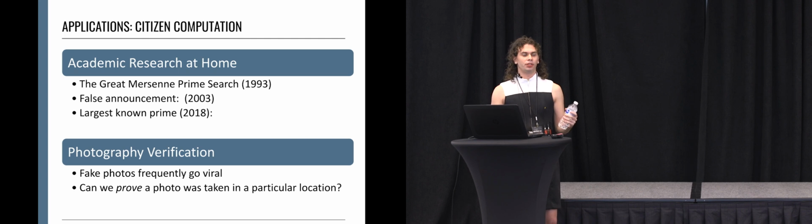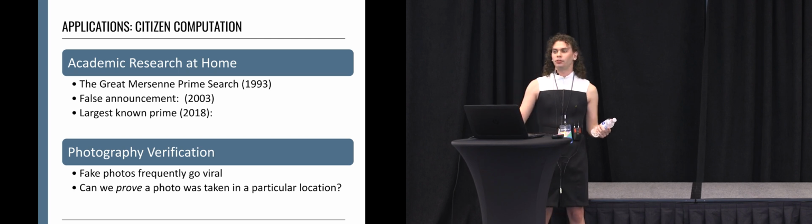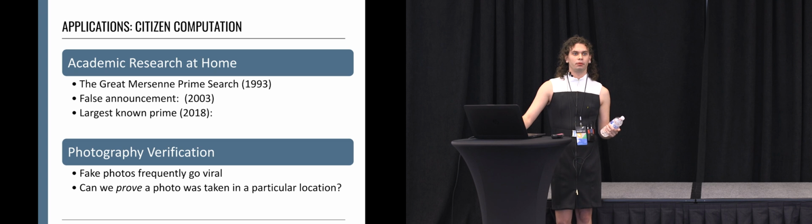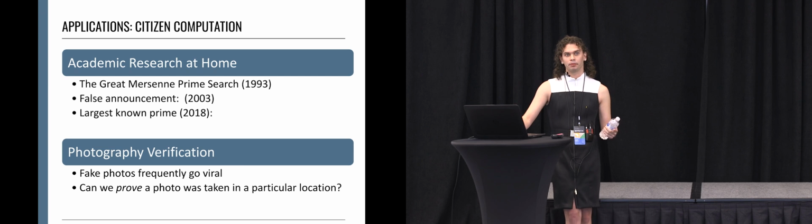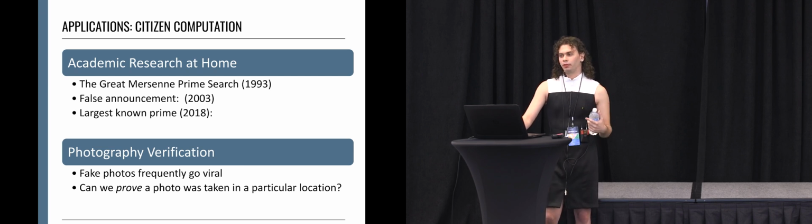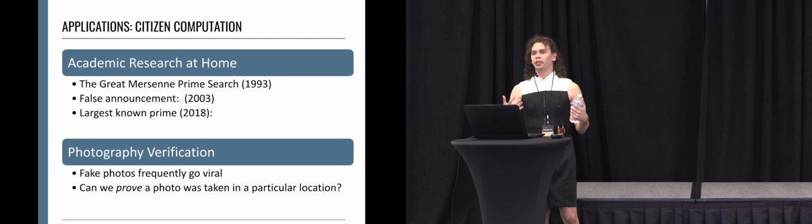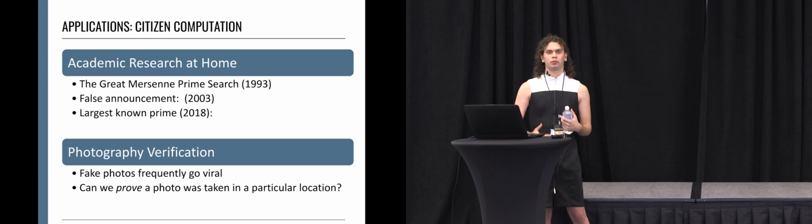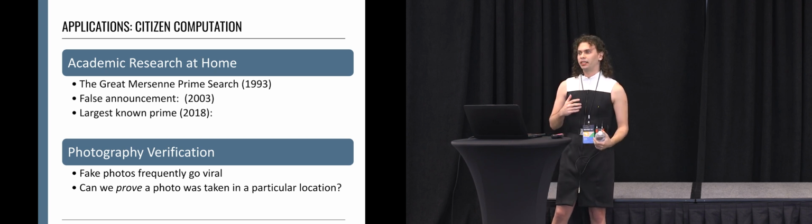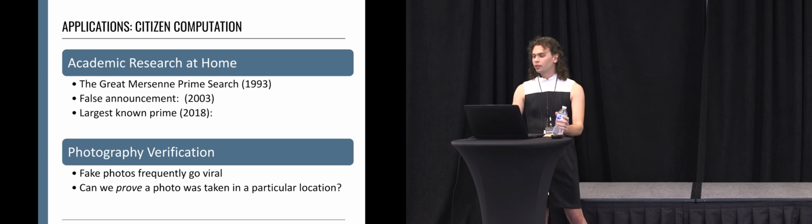Photography verification is a big issue that we see in the news, and there was even a Senate hearing on it yesterday when it comes to deep fakes. Fake photos go viral all the time, and more we see news sources relying on local correspondents and individual citizens to report news events to them. So one topic that's received a lot of interest in research is, can you build a camera that will somehow guarantee that the photo was taken in the location that you claimed it was, or somehow guarantee that a photo was taken at the time that you said it was?